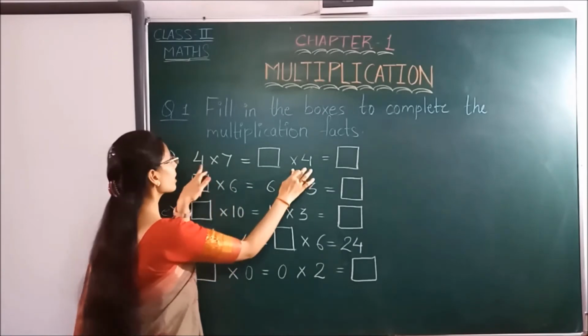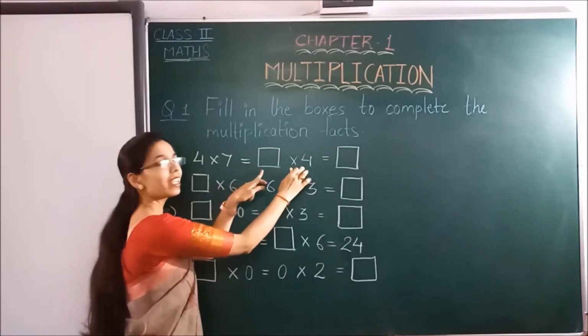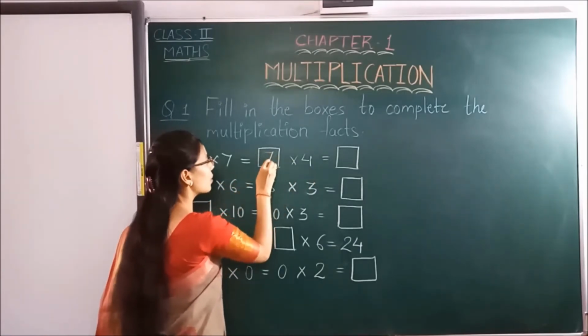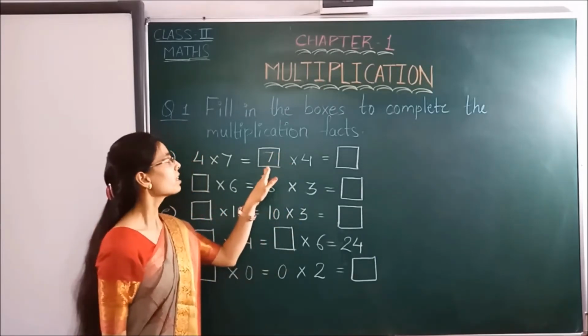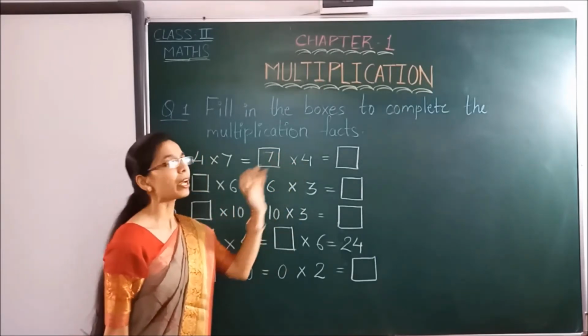Okay, 4 is already given here. So which number is missing here? 7. So we will write here 7. So 7 multiplied by 4 is